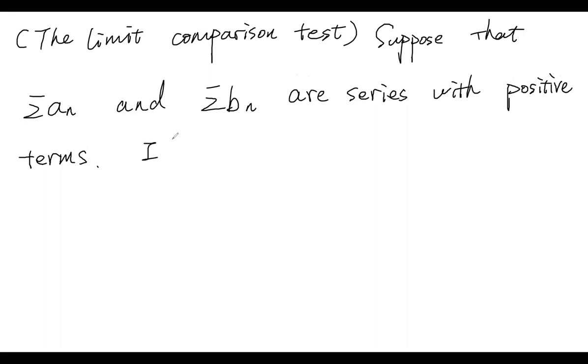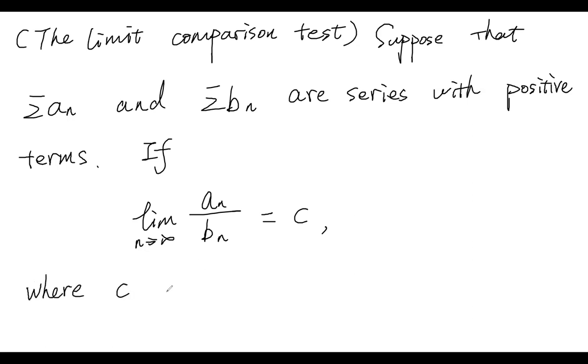And if the limit of the ratio of each term in the series An and Bn, the limit of An divided by Bn, is equal to a constant C, and C is a finite number, so it's not infinity or negative infinity, and C is a positive number, C is greater than 0,